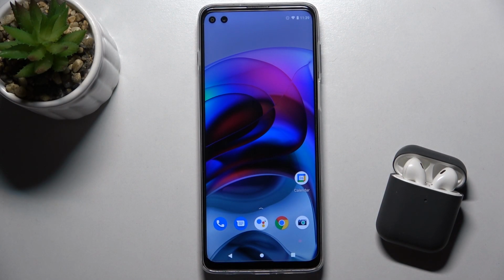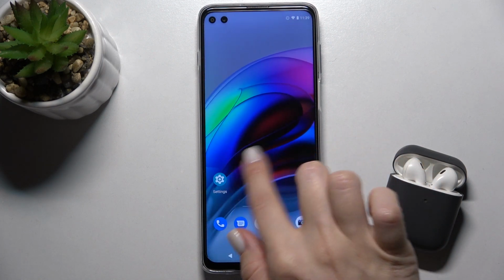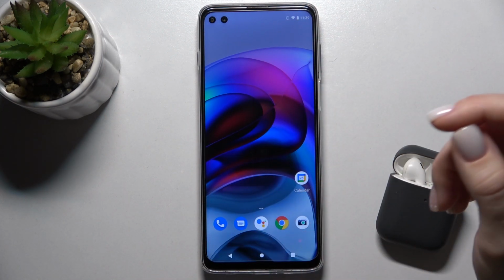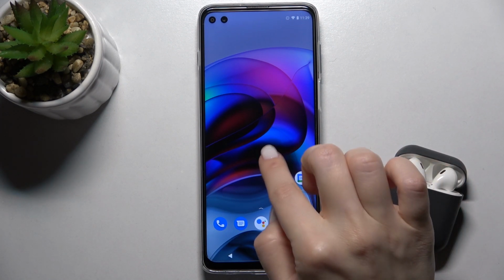Welcome. Today in front of me is the Motorola Moto G100, and I'll show you how to add or remove the home screen widgets on this device. First, you should just select the screen where you want to add the widget. For example, I'll go in with this one to show you how you can do that, and just press